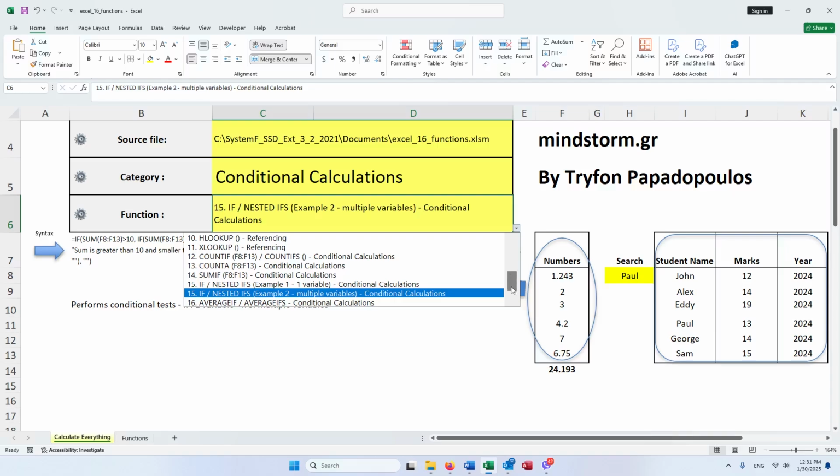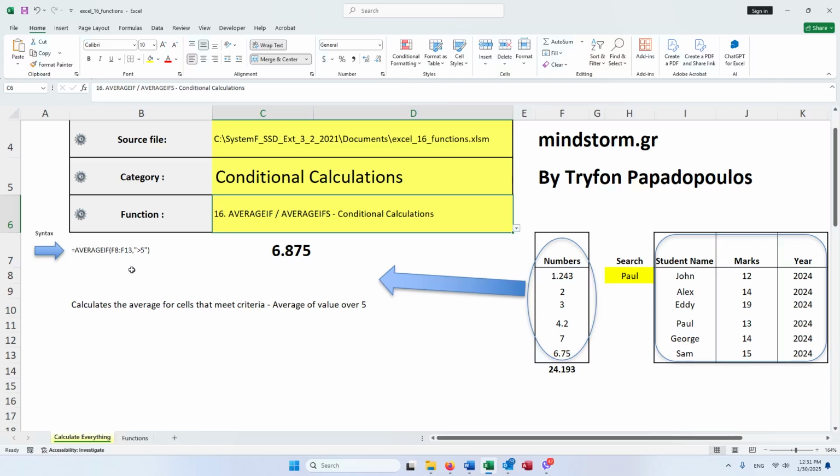And the last one is average if. We want to calculate the average for cells that meet criteria. In our case, for the values that are over 5. So it's 7 and 6.75. If we add these two values and divide it by 2, this is the result, which is